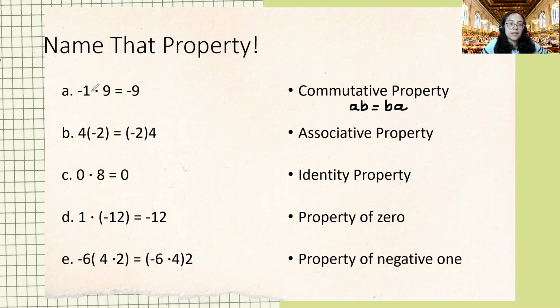So now I'm going to look to the left-hand side and try to find a numerical example that gives us an example of the commutative property. So here I have B, I have 4 times -2, and that's equal to -2 times 4. What this statement is saying is that if I multiply 4 times -2, I'm going to get -8, right? But if I multiply -2 first and then with 4, then that will also be -8. So this order doesn't matter. So this looks like the commutative property. So up here, I'm going to write B. You can just draw a line and say, this example goes with this property,